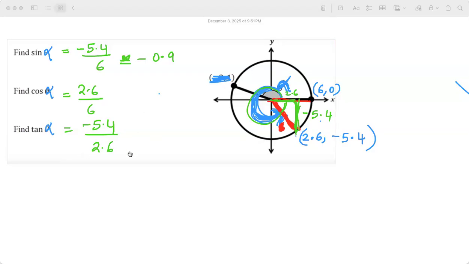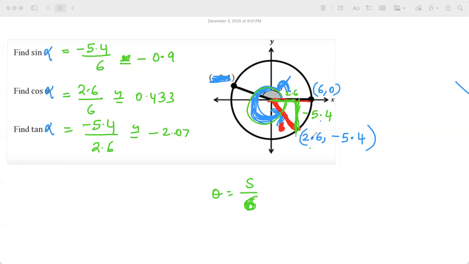This is 0.433. Let me write it down. This is approximately equal to 0.433. This will be 2 point something. Minus 2 point something, approximately minus 2.07 or so. Now when you think about it, if this was a unit circle, theta equals s by r, right? Here it's not a unit circle, I understand, so you substitute 6.